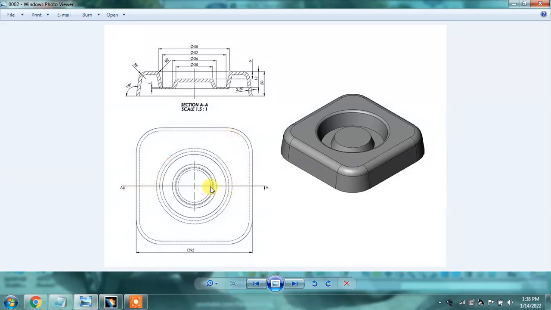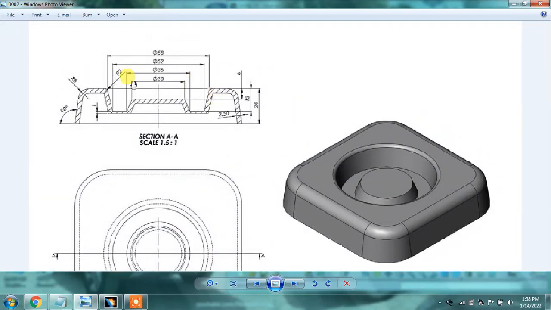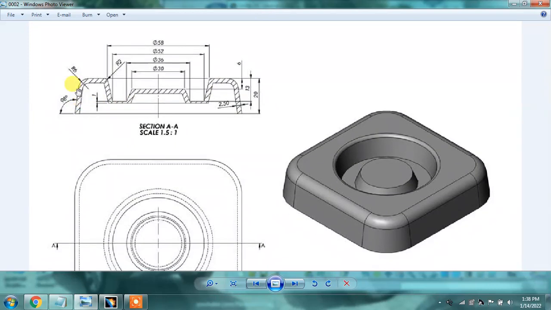As you can see here, this is a sectioning line AA, and this is a section view where you can see all the dimensions. I'm making this tutorial for those students who are beginners and currently in the learning phase. This tutorial will be beneficial for those students. This is the section view, and we have extrusion value 20 and 98 degrees, angle 30 degrees, 30, 36, 52, 58 diameter of circles. Okay, so let's start.